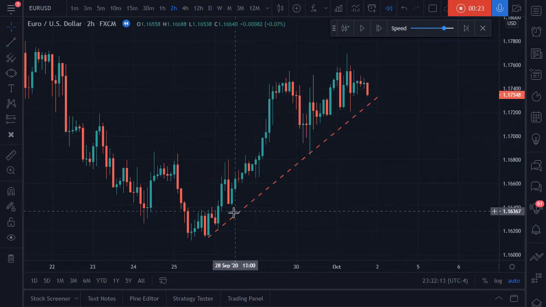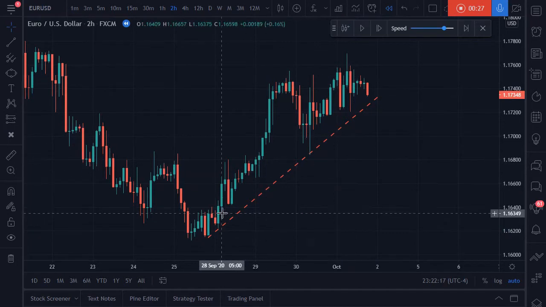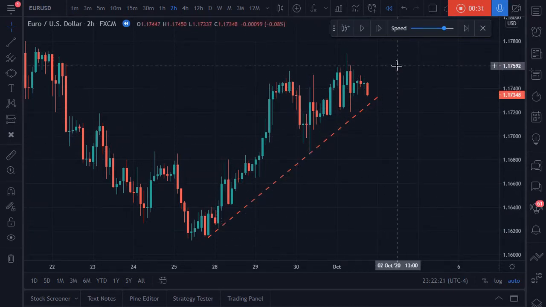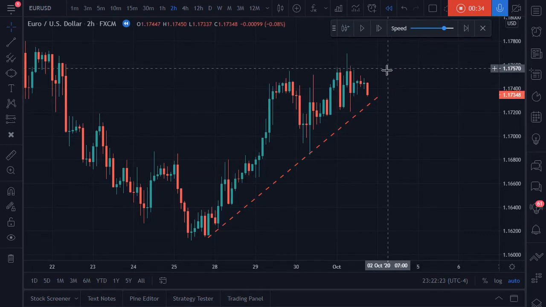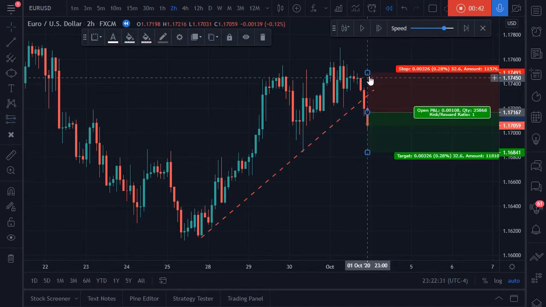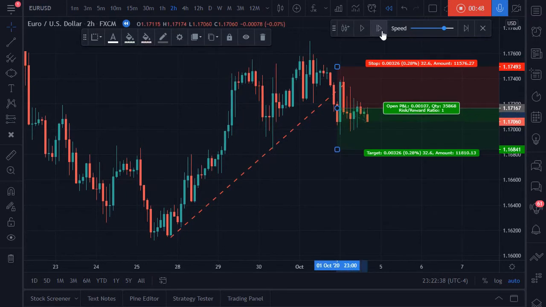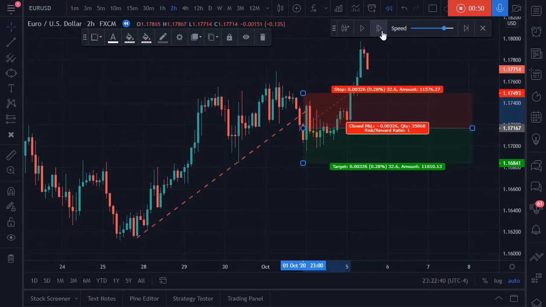So let's just say that we assume this is an ascending channel. In other words, we're going to say that if we can break below these rising lows, that's going to be a short signal for us to go short and put on a short trade. So we're going to wait until price breaks below it there. And let's say that we were to take a short and maybe we look to play it down to the low and go forward. Well, sometimes that can work, but oftentimes we get stopped out